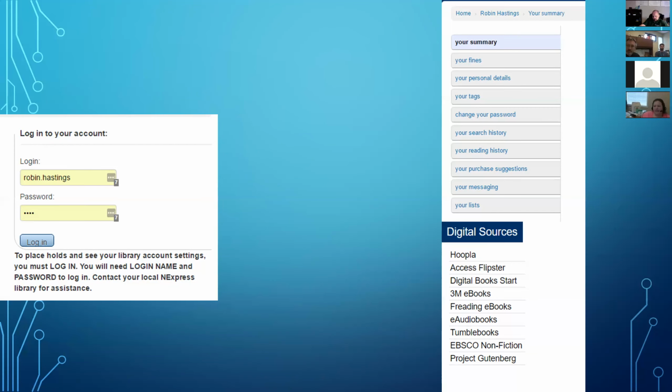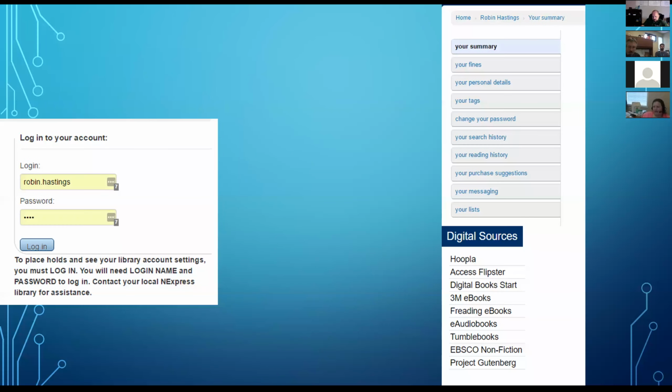The OPAC does allow tagging, and that is a kind of bottom up categorization. So you can add tags, which are 1 or 2 word descriptions of any book at any time. And if you ever want to see what books you've tagged and what you've tagged them with, that's where you go.